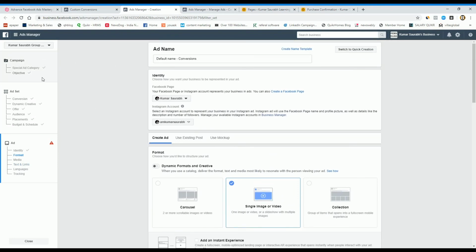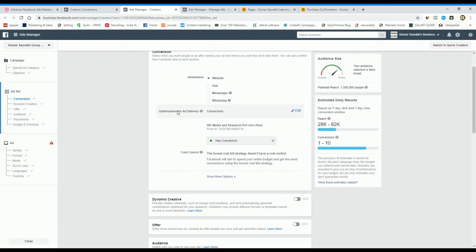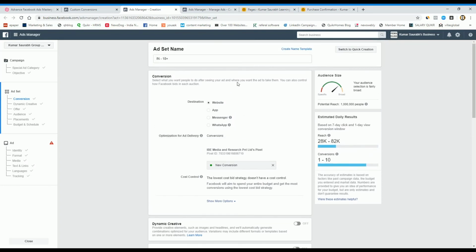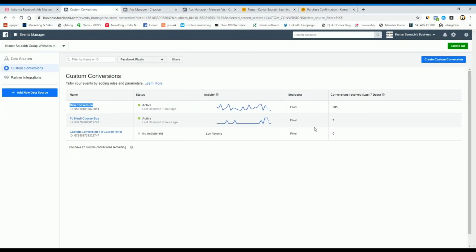So what will happen with this conversion advertisement? Let me brief you. Conversion optimized ad is all about tracking the particular URL, and then Facebook will figure out the same people whom you can easily convert into sales. That's why we are doing conversion optimization. You can even select those who are visiting your overall website also.